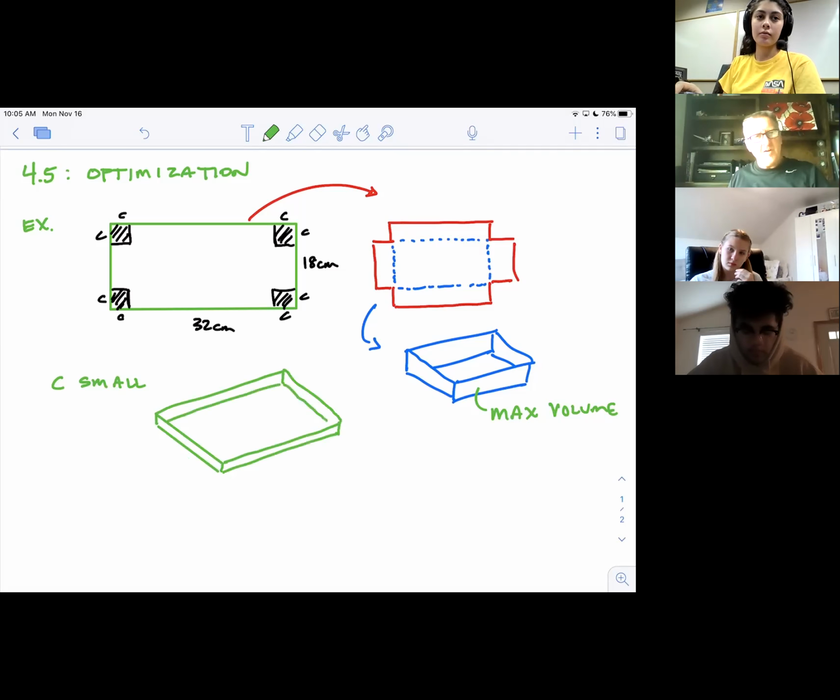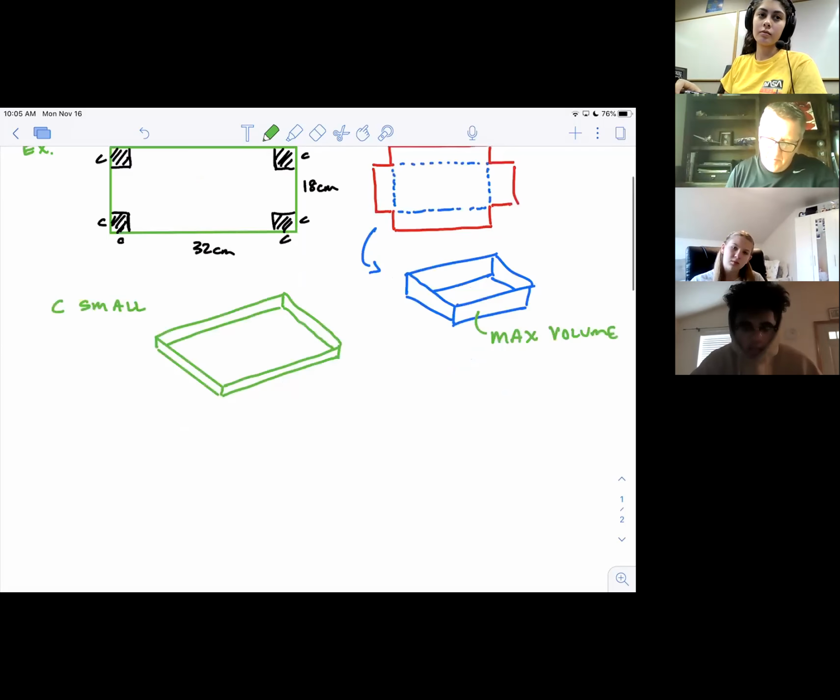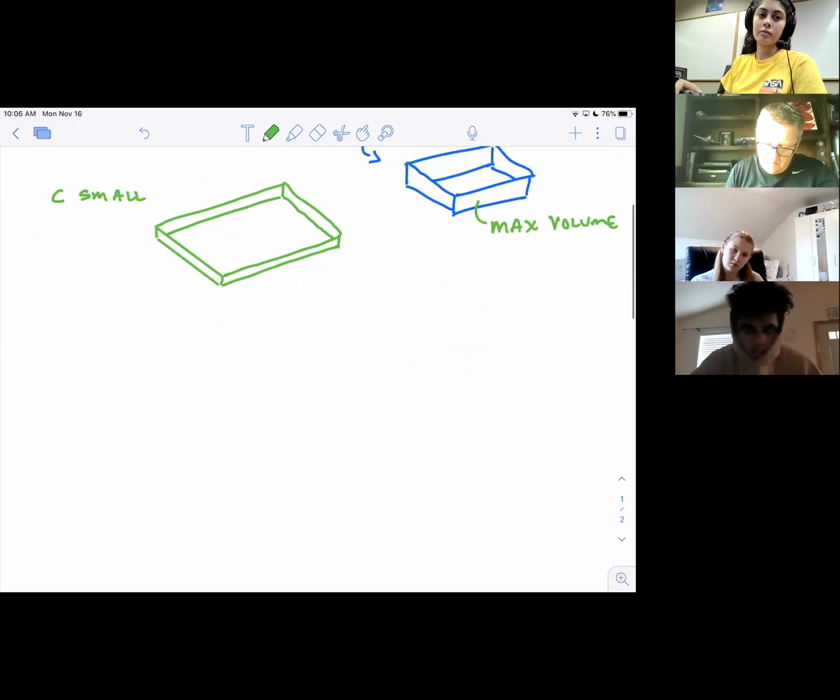So, is that a good volume? Is it better to have a nice big wide box? It won't be very tall, but will that give you the biggest cut? Or perhaps, no, maybe that's not the case. Maybe C is, I'm not going to say large, but larger. If C is larger, and of course the